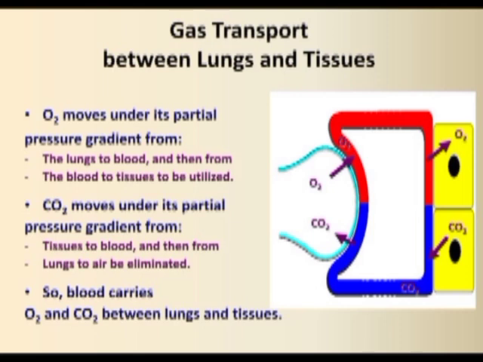Next is gas transport between lungs and tissues. O2 moves under its partial pressure gradient from lungs to blood and blood to tissue. Next, CO2 moves under its partial pressure gradient from tissue to blood and from lung to air to be eliminated. So blood carries